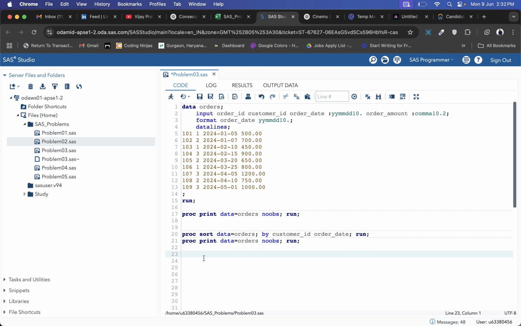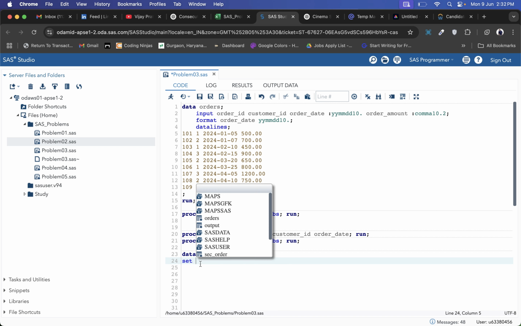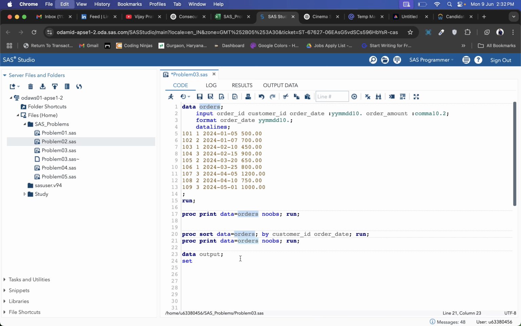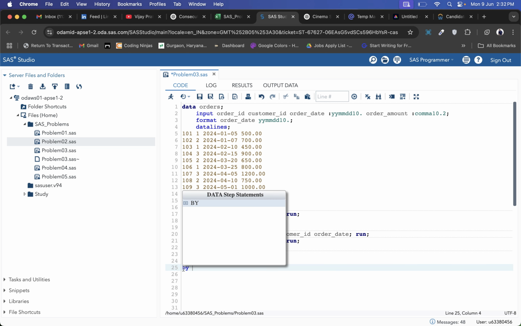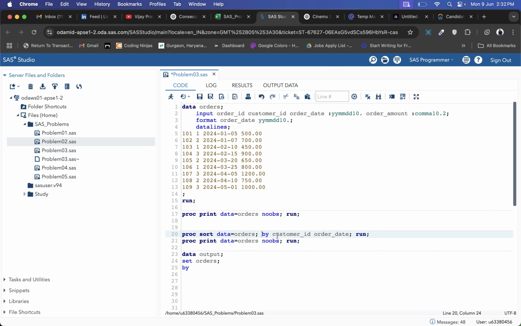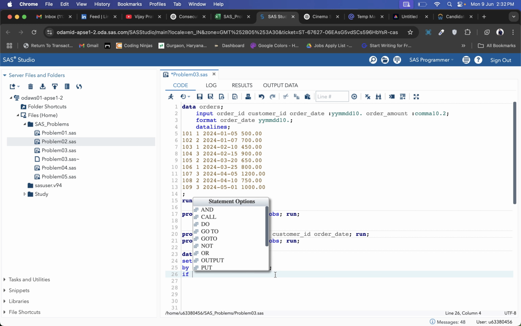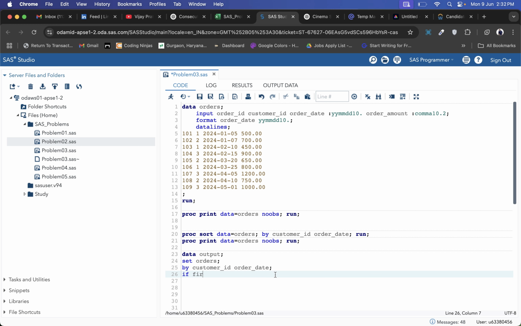So basically to solve this, I am creating one more data set, and we can call this data as maybe final, or we can say output. And let's set this order data set, and let's set this by customer ID and order date. And what we can do now is, if first dot customer ID,